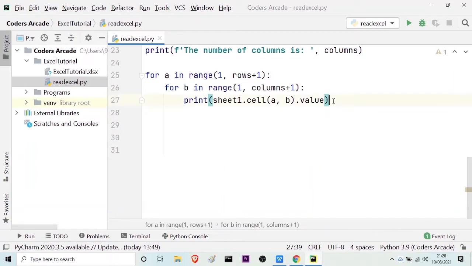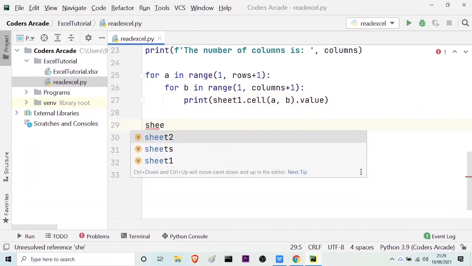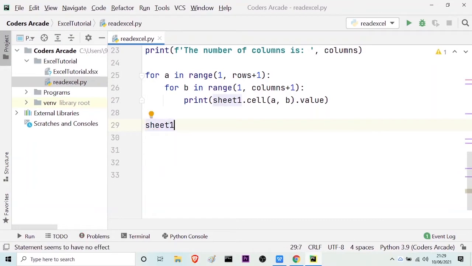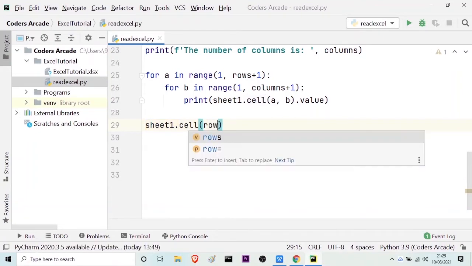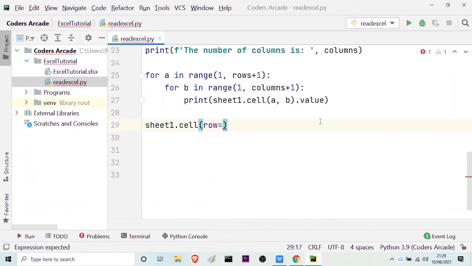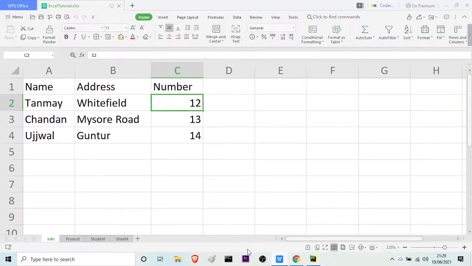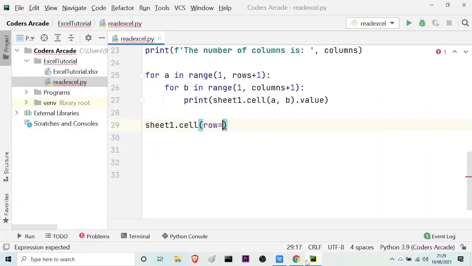Now I will show you how to write data into an Excel sheet. So for that, what I will do is I will take my sheet 1 variable, and then I will use the cell method, and inside the parenthesis I will give the row and the column numbers, and then I will say row equal to, suppose, let me show you the Excel file once again. Here in this row I want values, so let me take some dummy names and some dummy values for these rows and cells. So what I will do is I will go to my PyCharm again,